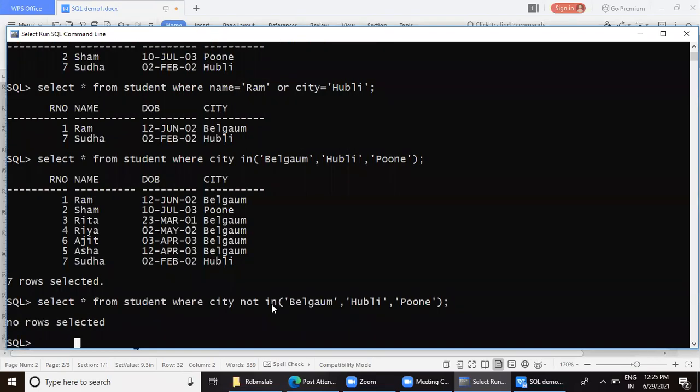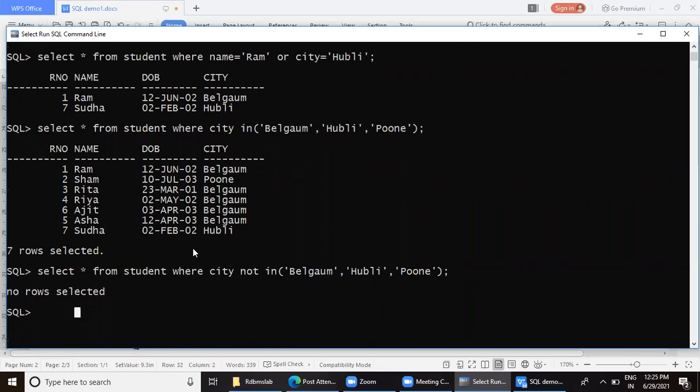And, or also we have finished. And can be given based on values of different columns. So only when both criteria are satisfied will it display. Or means any one criteria. Now suppose I give whose name is Ram or whose city is Belgaum. See the difference.